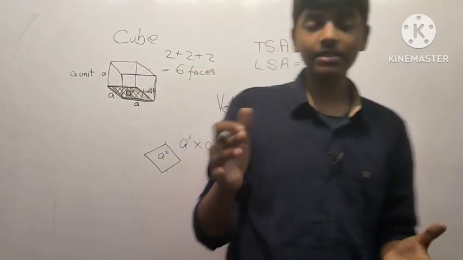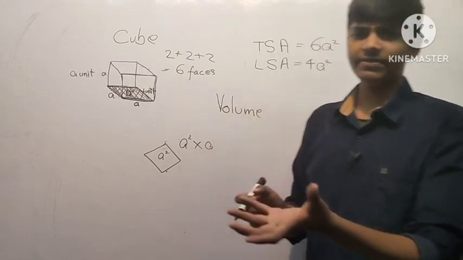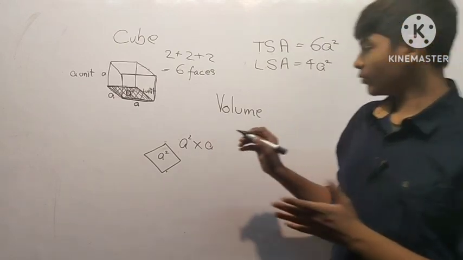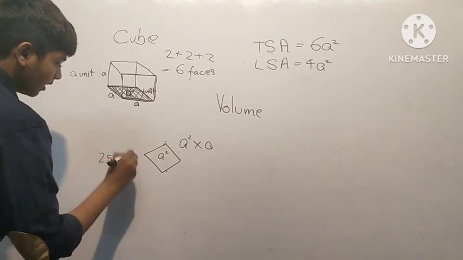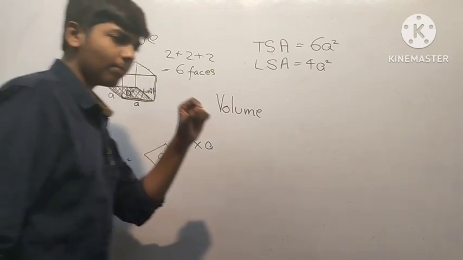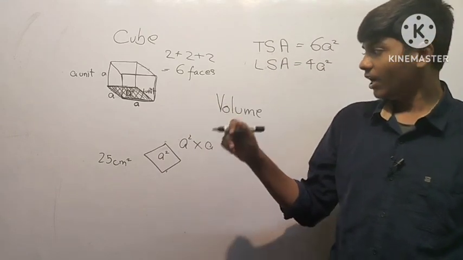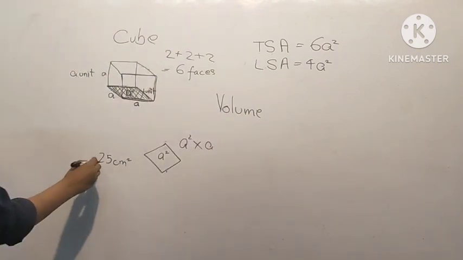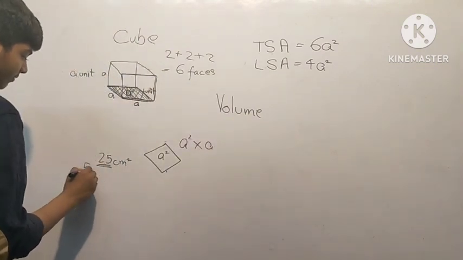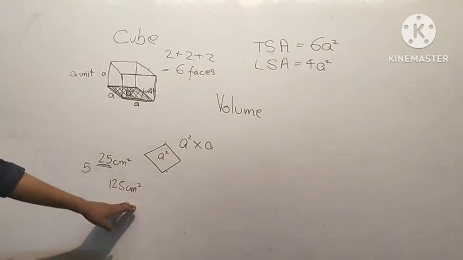You could also try this. Take a thin piece of paper of a small scale, let it be 5 centimeters. So we would get 25 centimeters squared as its base. The thickness of a paper is like point something millimeters. So you will notice when you multiply this by 5, you will get 125 centimeters cubed. This will be the volume of the cube.